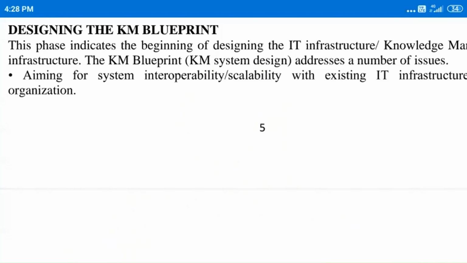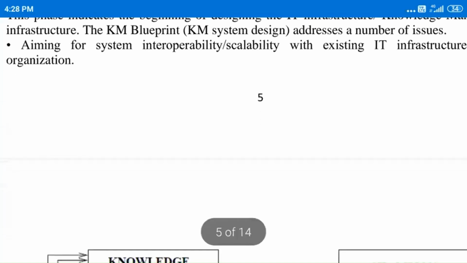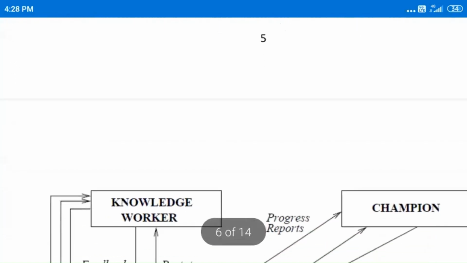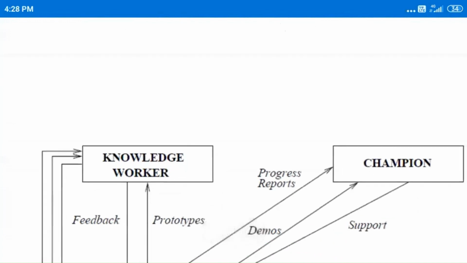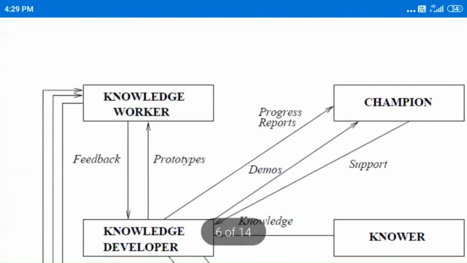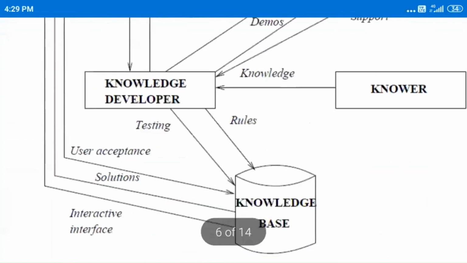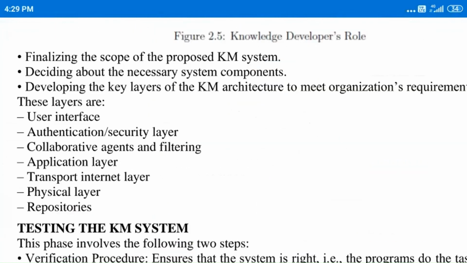Okay, the next topic is designing the knowledge management blueprint. Here the knowledge developer is given the responsibility to design the blueprint for the project based on the existing IT infrastructure or the knowledge management infrastructure available with the company. Other responsibilities of the knowledge developer are to finalize the scope of the proposed knowledge management system, deciding the necessary system components,